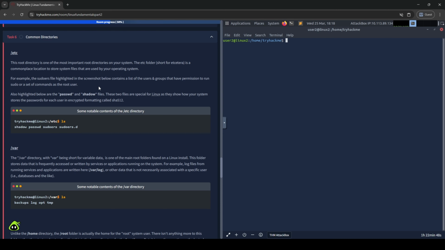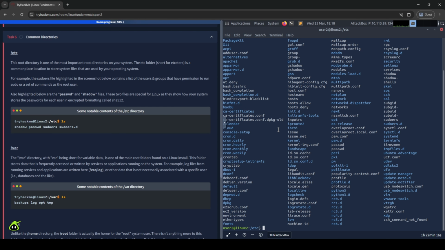It is okay if you do not understand much of this task at the moment. Memorize as much as you can. We're going to visit and talk about these directories a lot, so do not worry about it too much yet. Let me just go back in the file system where these directories can be found. Okay, now that we are there, let me give you a quick presentation of how the etc directory looks. As you can see, there is a lot of important stuff, but for now, the most important ones are the things the material shows you there.